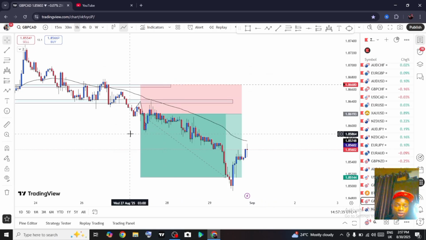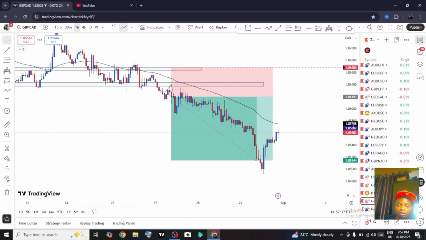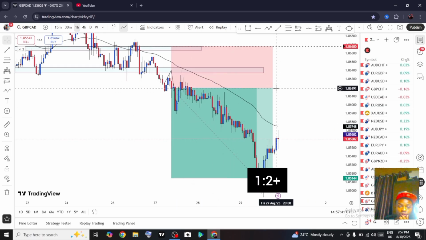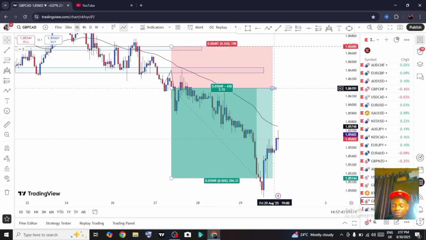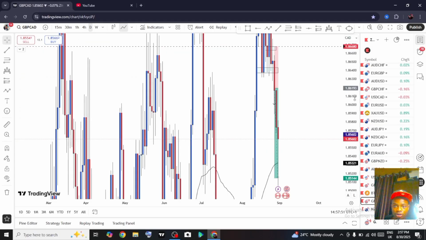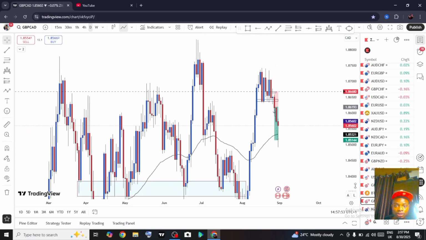Alright, GBPCAD. We took this one last week and we closed at a 1:1.5 risk to reward ratio trade. So basically this trade just saved us, right? We were already losing 2 trades that week, but this particular trade covered for all those losses. But it looks like we're not going to be interested in selling this market this week. So next pair,